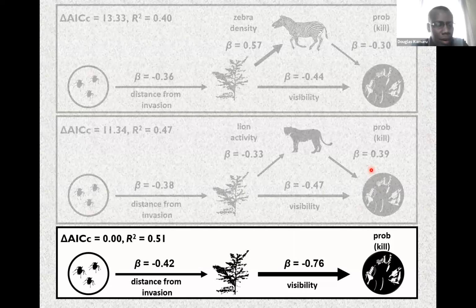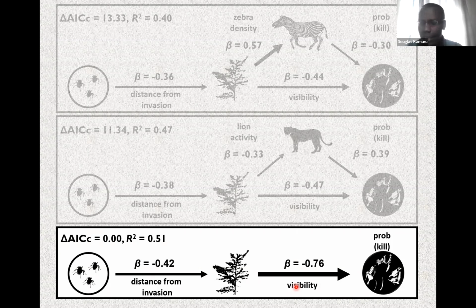Now, the final one that I'm going to show you today is that visibility was driven by the big-headed ants, which in turn drove the probability of lion kill occurrence, that is the zebra kill occurrence. And this simple model was the best selected model that I had in my studies. So this particular model shows that the BHA actually influences the zebra kill occurrence. And this one then answers our question whether the big-headed ants actually influence where lions kill zebras within a system that is invaded by the big-headed